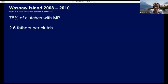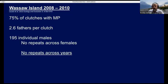So that finally brings us to the males. There's a lot we don't know. Most of the work that has been done by Dr. Jake Lasala, who leads Mote Marine Lab's Sea Turtle Research Program. The data that we have for the NRU was generated in collaboration with the Caretta Research Project when Jake was a master's student at Georgia Southern. He found a lot of multiple paternity, so females mating with multiple males. Interestingly, in 3 years of sampling, never found the same male across different females' nests